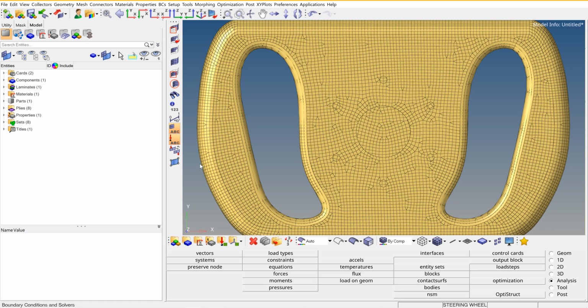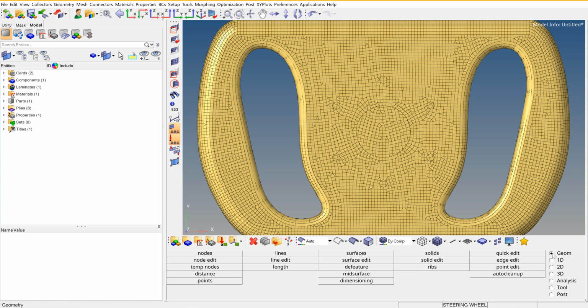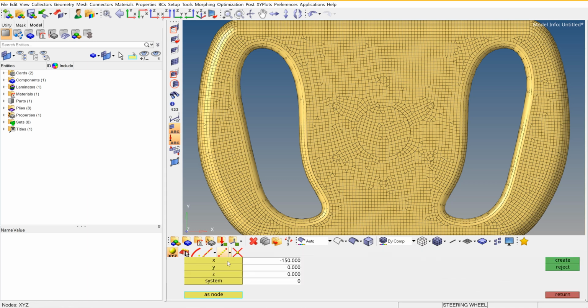So in this part we will learn how to make forces, constraints, arbitrary components and nodes. So now go to geometry, select nodes, and in the nodes create the nodes. The nodes that I want are at a distance of 150 mm on both the sides. So create